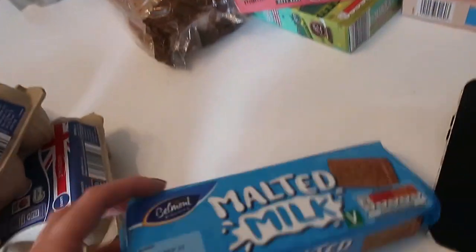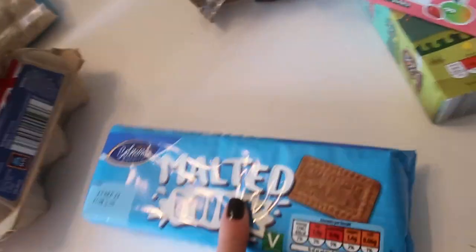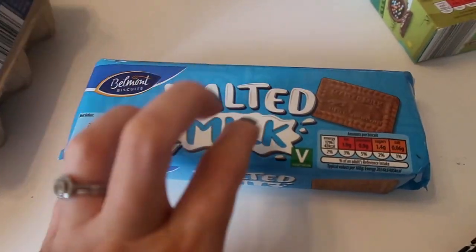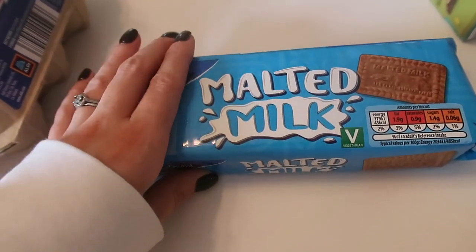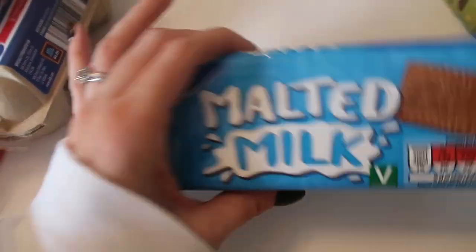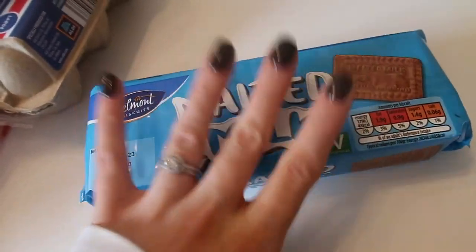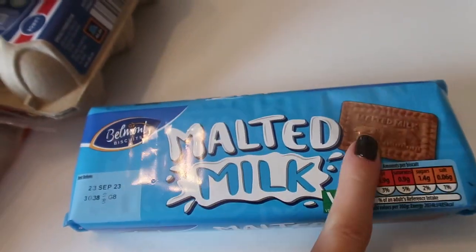And then snack-wise, I've just got some malted milk biscuits for the biscuit jar. I usually buy cookies, but I'm really trying to eat healthy at the minute, and I am obsessed with Aldi's fake Maryland cookies, and if they are in the biscuit jar, let me tell you, I will eat them. So I don't mind these in there because I'm not that tempted to eat them. I do usually have chocolate digestives and stuff in there, but I just realised that Casper was getting chocolate everywhere, so I now have to have...